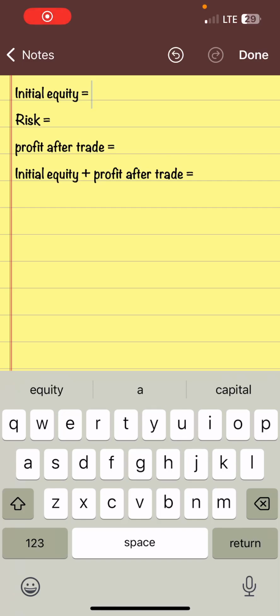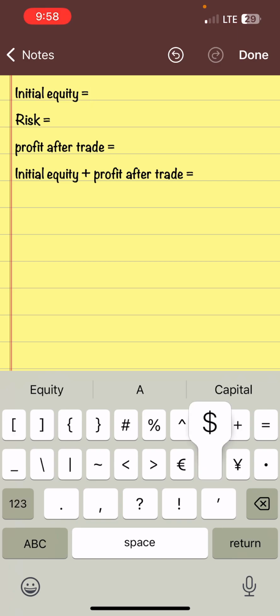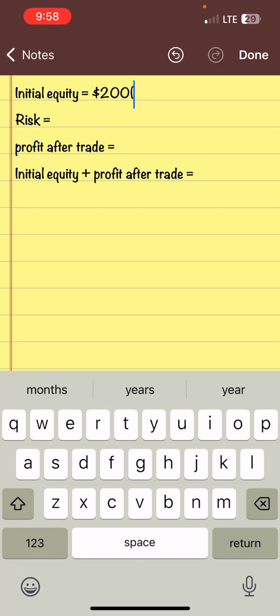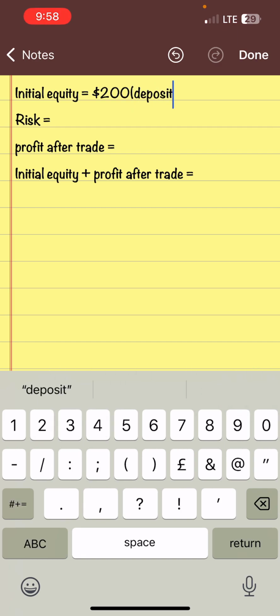This is FS key zone, and this is how to maximize your profit. Assuming now you are depositing $200, your balance. You deposit $200. All right, and you have